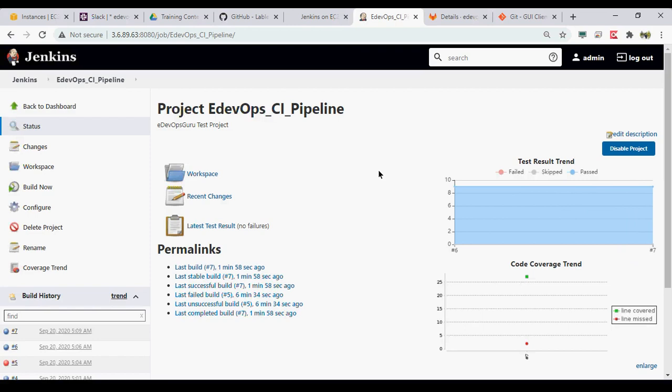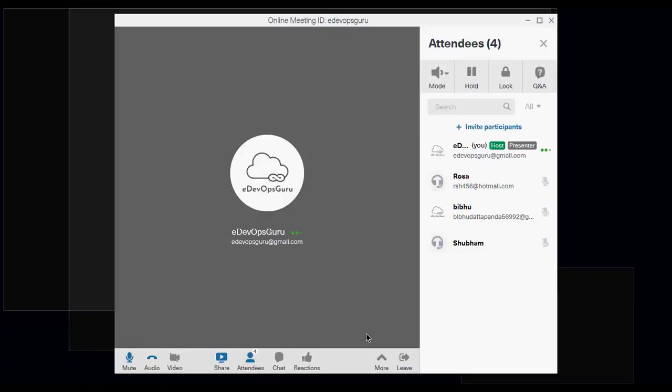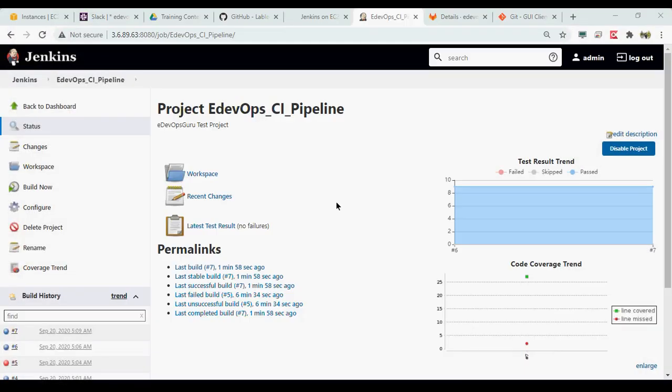So this is the complete CI part of using Jenkins. Any questions till now? We can take questions, and if you don't have any, we can go to the last part, integration with GitLab. Any questions? Any doubts?